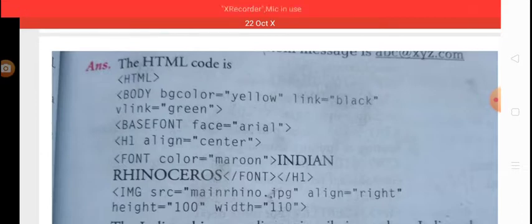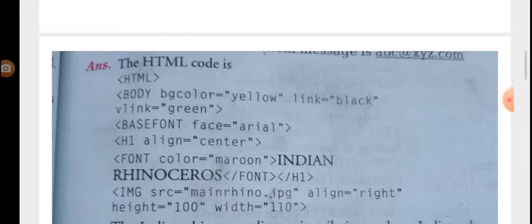Now you can easily see here, the first tag is HTML, which is the root tag. The title is not given in this question, so there is no need to take a title. So we don't mention the head tag and title tag, because the title is not given in the question.